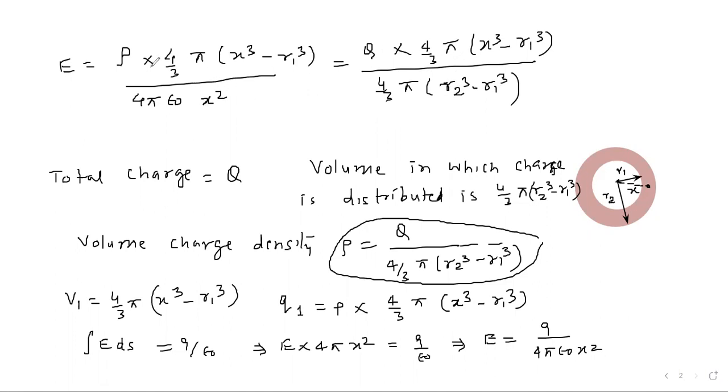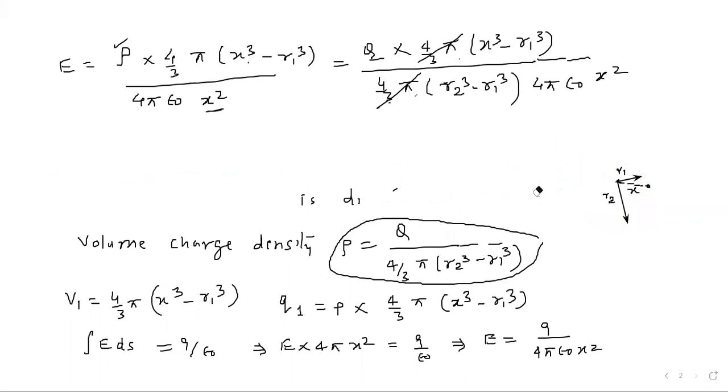So we have put the value of rho as Q divided by 4 by 3 pi (R2 cube minus R1 cube), then 4 by 3 pi (x cube minus R1 cube) divided by 4 pi epsilon naught x square. Now 4 by 3 pi will cancel out, and what we get